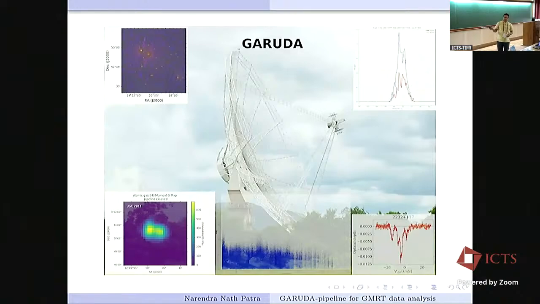This pipeline is not yet public. We are still testing some of the modules, and we hope that by the end of this year it will come up. We are internally testing; anybody within India who wants to use it, please do. But we are not releasing it yet.